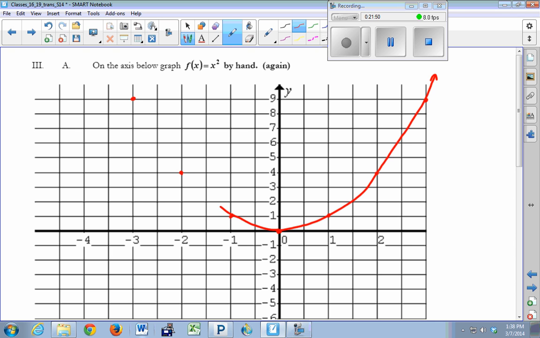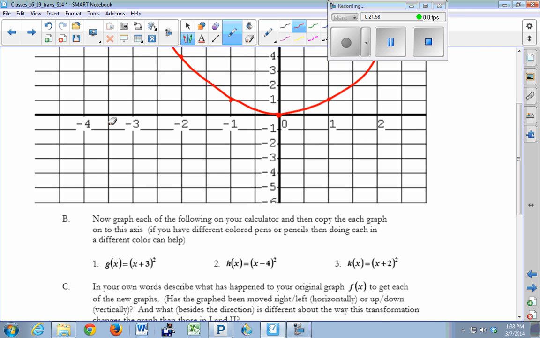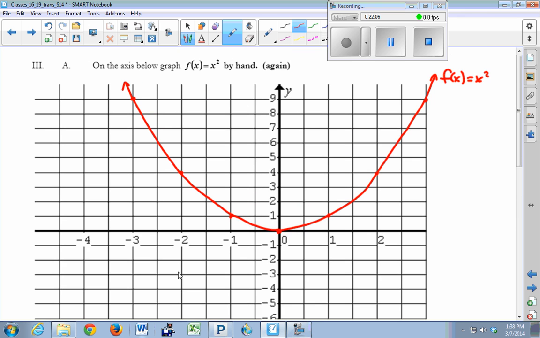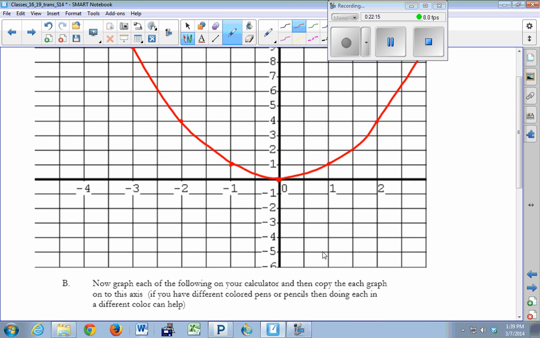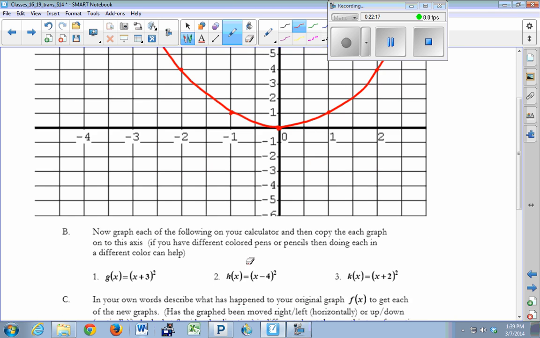Okay, so here we have x squared. So we're going to label all of our graphs. That's like a little title. And now what are we going to observe? Well, it asks you to observe on your calculator g of x equals (x plus 3) squared. So some of you might have a sense before you graph this what you think is going to happen to our red graph f of x. And you have some ideas when you look at each of these, and then you go to your graphing calculator.